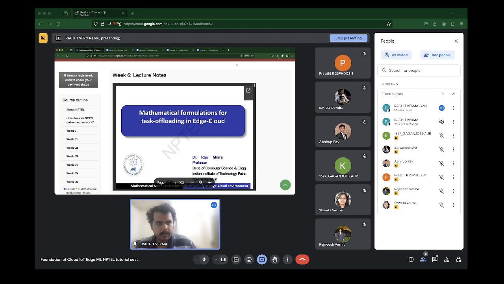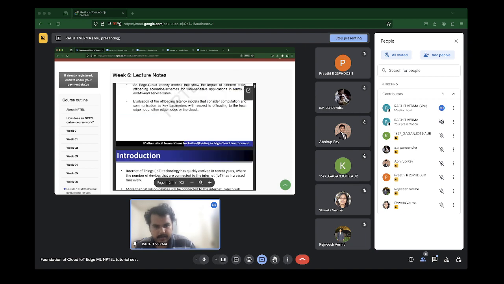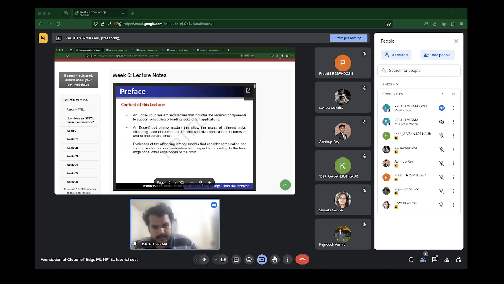So in week 6, the first lecture was on mathematical formulations of task offloading in Edge Cloud. We first discussed simple Edge Cloud system architecture, and we discussed some latency models that showed the impact of different tasks and offloading scenarios for time sensitive applications.